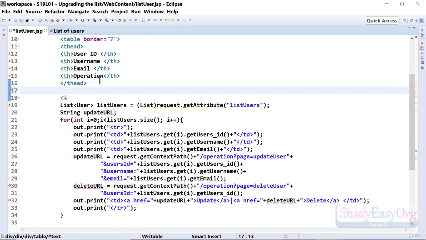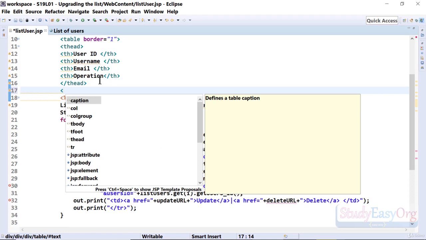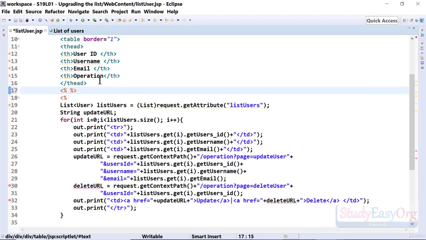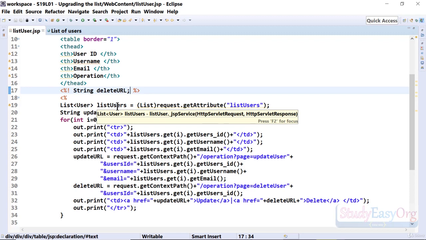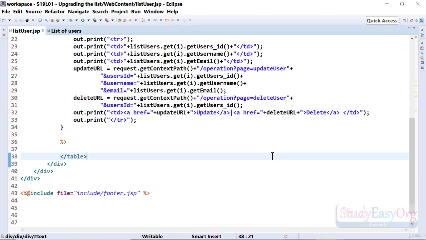We will declare this variable using the declaration syntax. So it would be like <%! and then we will create this variable. The name of the variable would be delete URL. Alright, so now this variable would be available to us in the other scriptlets as well. So this is cool, and we will cut this part from here